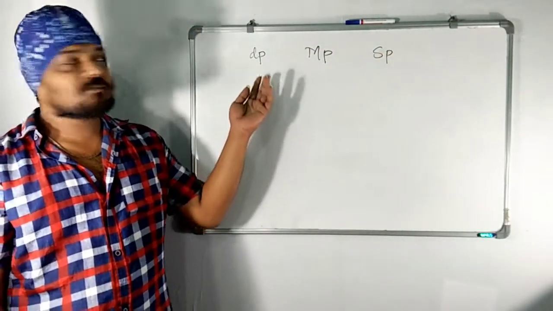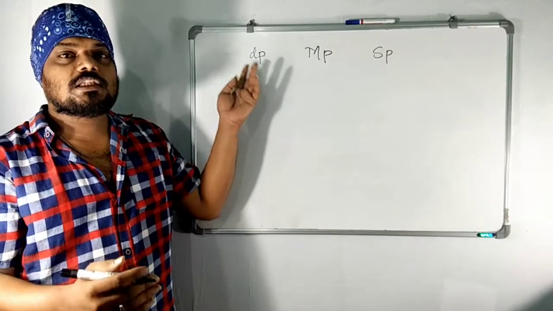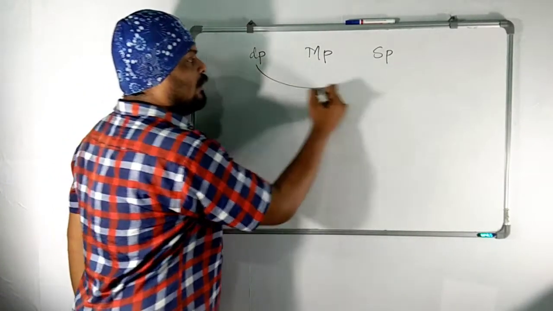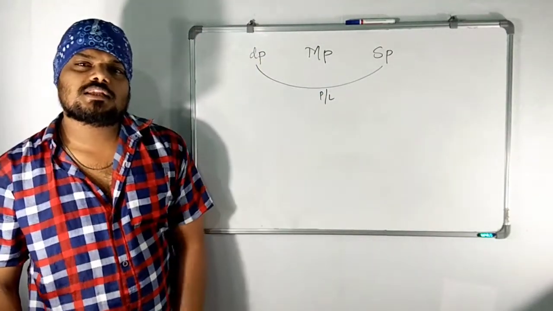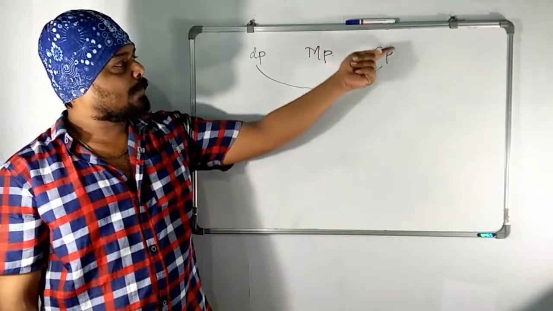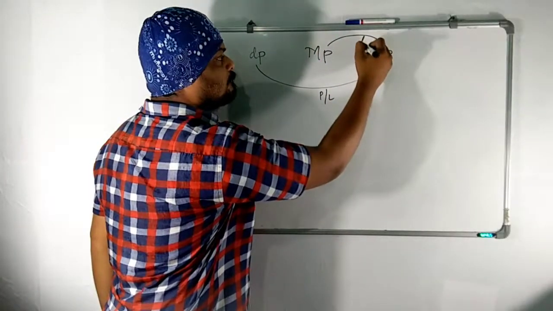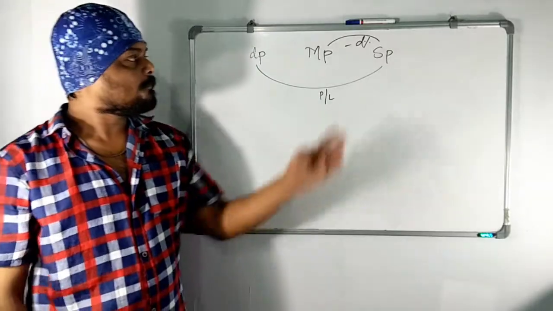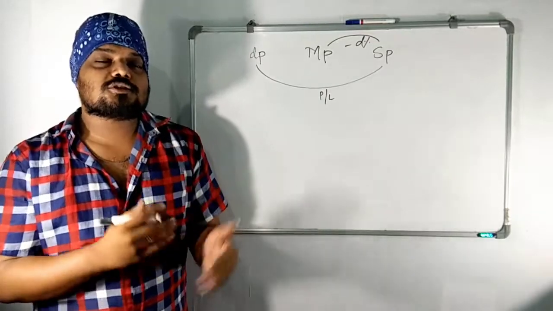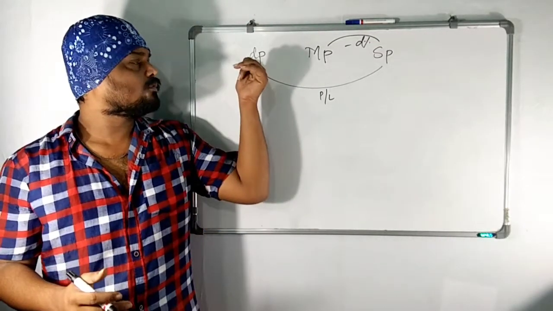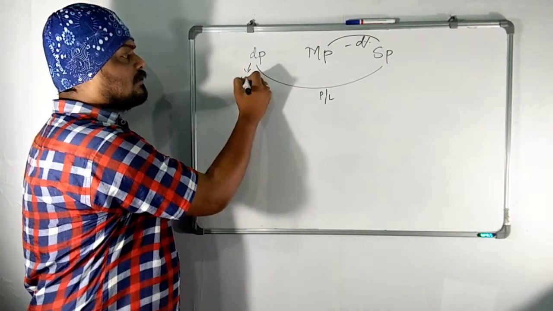If we see the comparison between the decided price and the selling price, we will get profit or loss. The decided price is nothing but the cost price. And later, if we compare the market price and the selling price, we will get a discount here. So if you try to solve this question with basic concepts, you have to assume a value of 100 as the decided price.